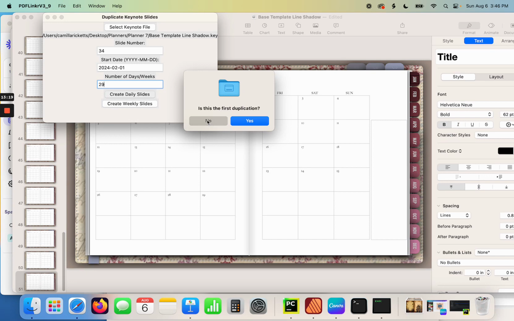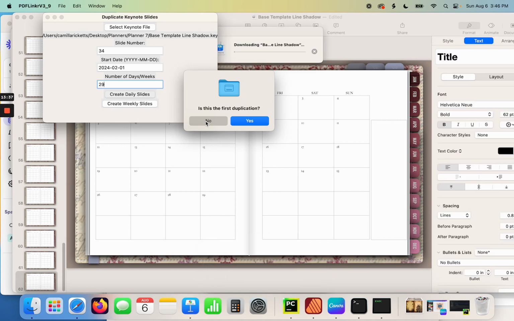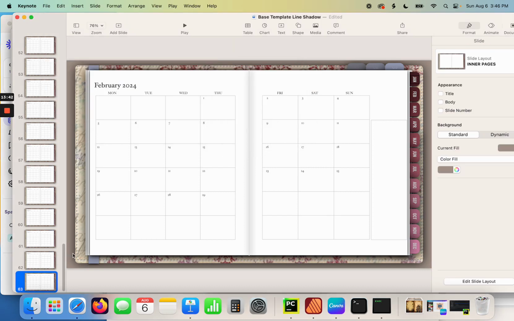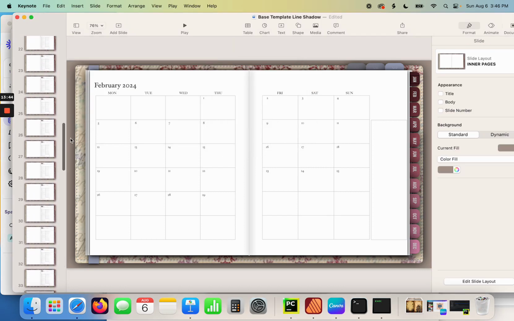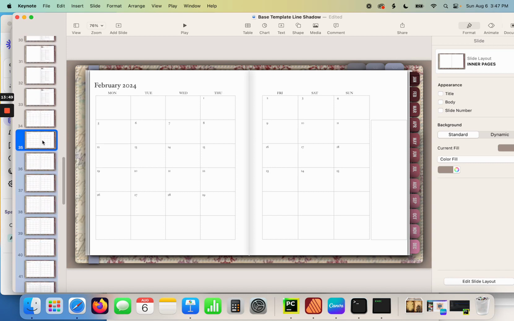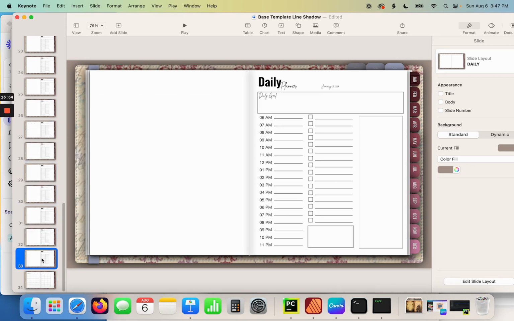No big deal. Everybody makes mistakes. Even I make mistakes sometimes, then have to go back and fix it. But it's very easy to go back and fix it. You just have to wait for it to finish. I don't want to save that because I duplicated the wrong slide. So I'm going to select all of those and delete them. Okay, now February